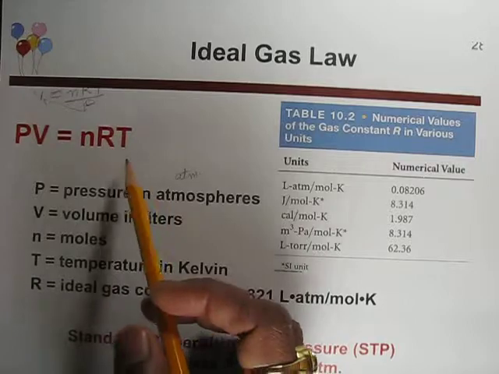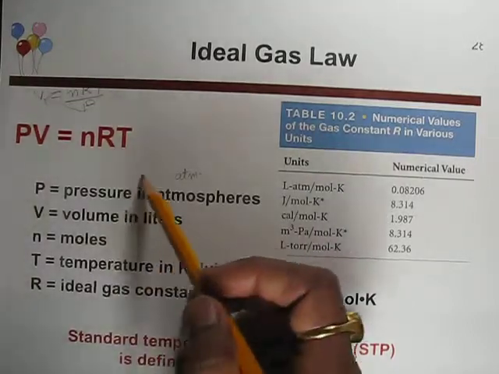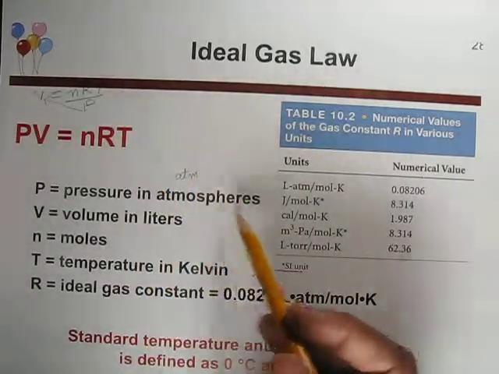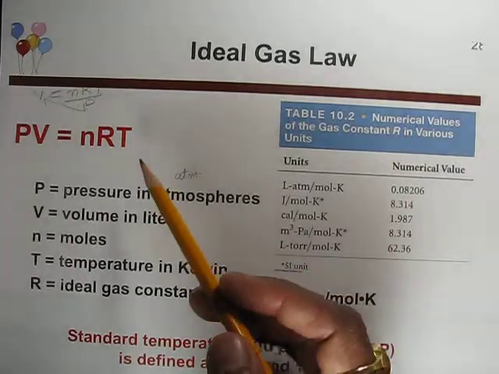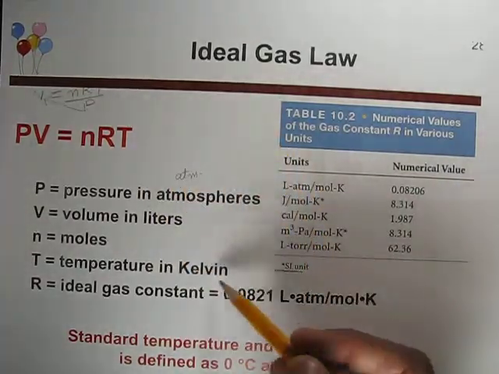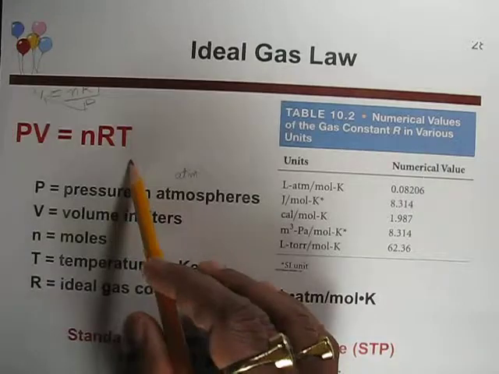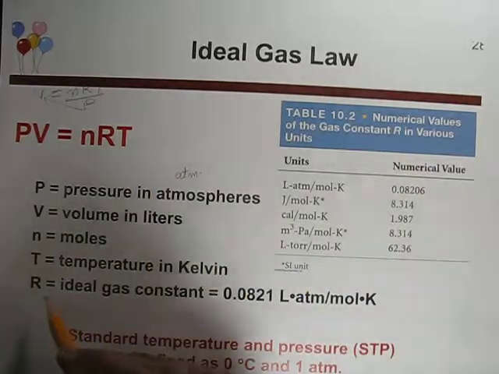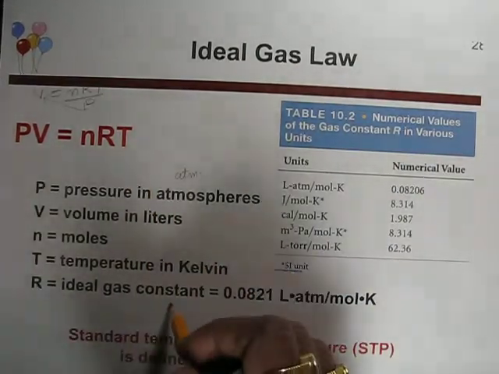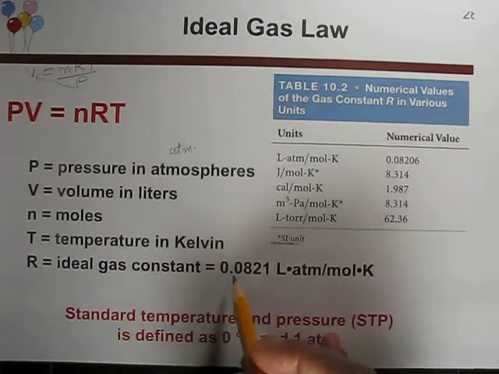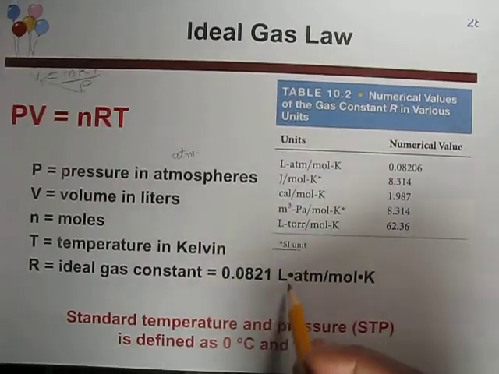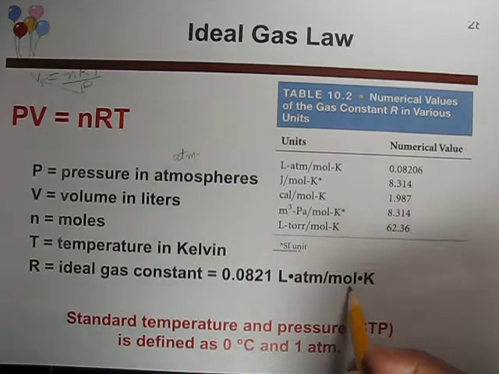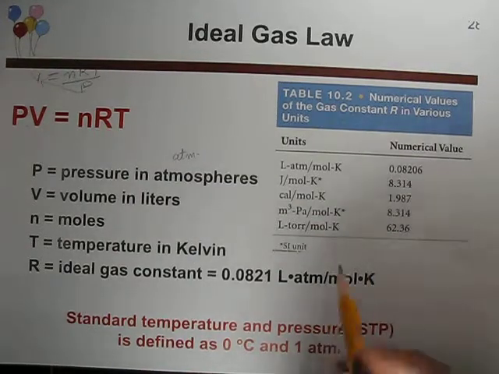So in any equation, if the temperature is given in degrees Celsius or Fahrenheit, you have to convert it first into Kelvin, then put it in the equation. And R is called the ideal gas constant, which has the value 0.0821 liter atmosphere per mole Kelvin, and the